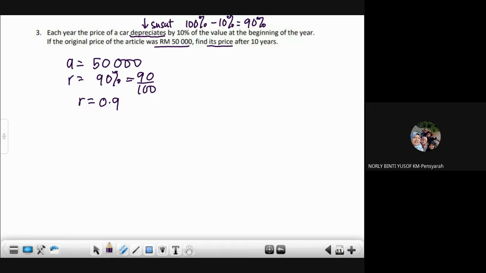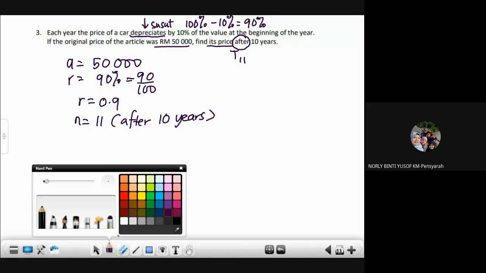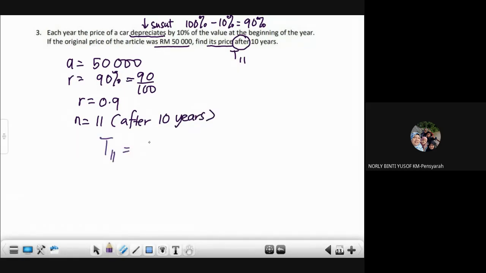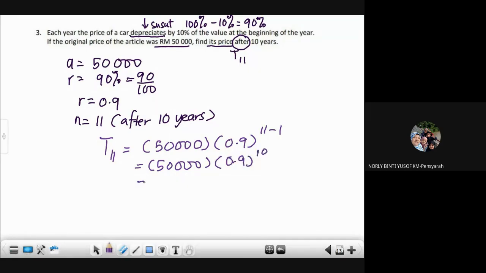Bukan how much he has saved semua jumlah dia itu beza tau. Sebab ni adalah price car tu setelah 10 tahun. So still TN, cuma ada perkataan after. So after 10 years, that means T11. So N adalah 11 because after 10 years. So you pun kira T11 sama, masukkan dalam formula 50,000 A, R adalah 0.9, N minus 1, 11 minus 1. So samalah 50,000 kalikan dengan 0.9 kali kuasa 10. Tekan kalkulator dapat